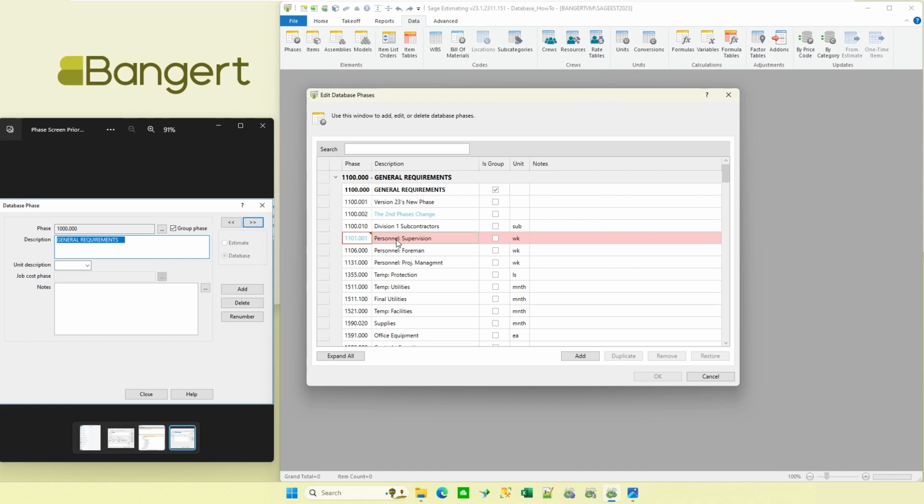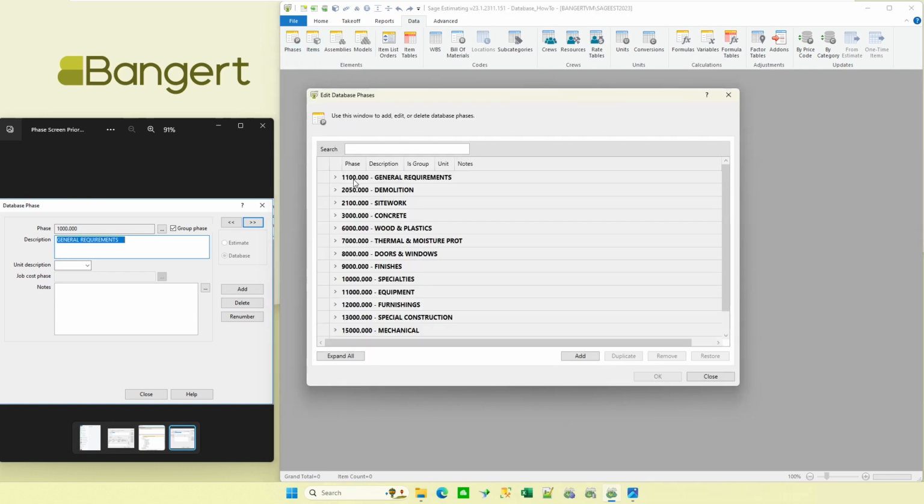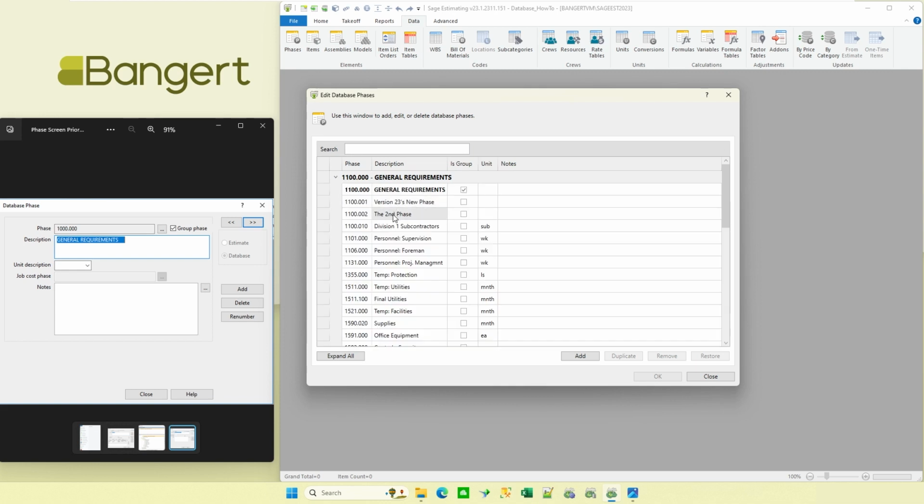That's kind of nice because, like you saw here, I don't have any items under these, so I can do whatever I want with these all day long. But this one, since it's got an item already associated with it, is not going to allow me to make that change. If I hit cancel, it'll go back to whatever it was there. And if I open that screen up again, I should be able to see that I've got my two new ones, and this one reverted back to whatever its number was previously. So kind of a nice little change. It's a little different when you first get in there, but a lot more interactive than the single-looking screen was.